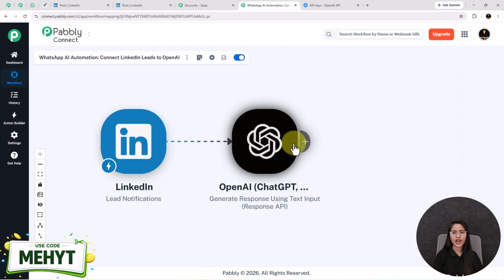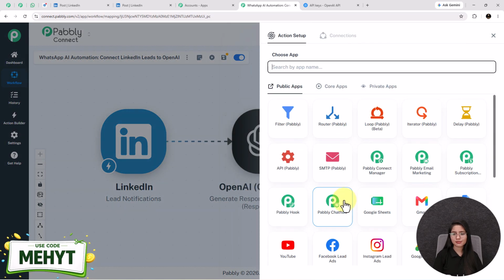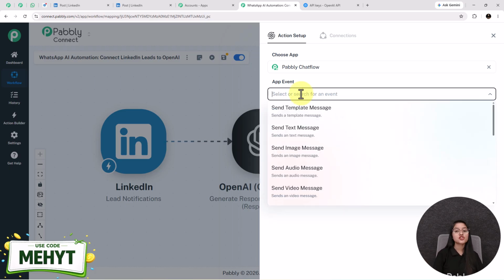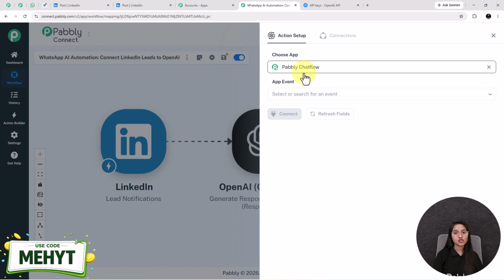Moving forward, I'm going to select my next application as Pabbly Shortflow. Here I'm using Pabbly Shortflow for sending a message to the user's WhatsApp account. Pabbly Shortflow is an all-in-one WhatsApp automation tool that helps you to automate WhatsApp messages and responses 24/7 for your